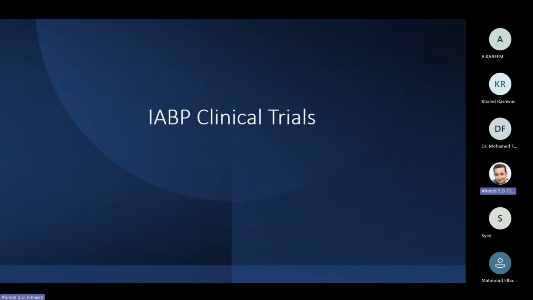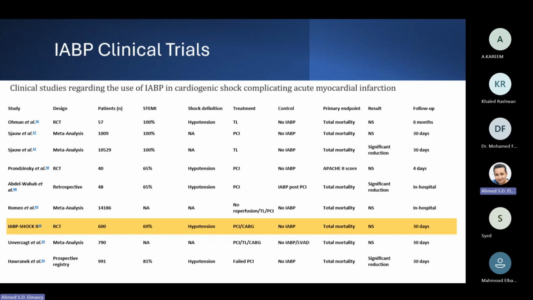Evidence-based medicine: what are the clinical trials that have studied the use of the intra-aortic balloon in cardiogenic shock, especially complicating acute myocardial infarction? We have many studies, but I think only three studies are positive. Regarding the most common